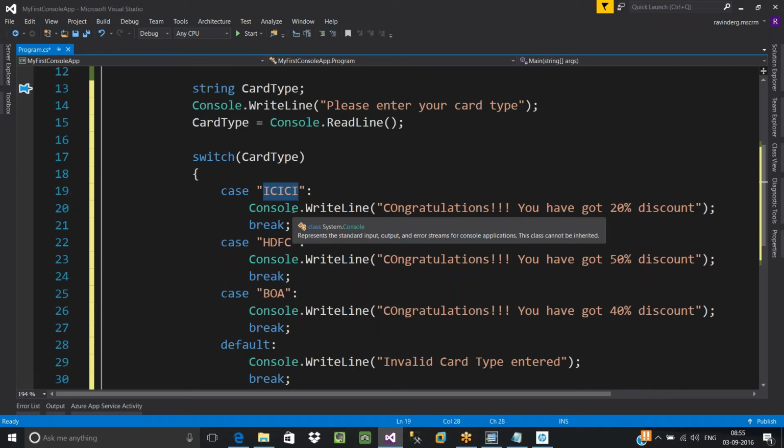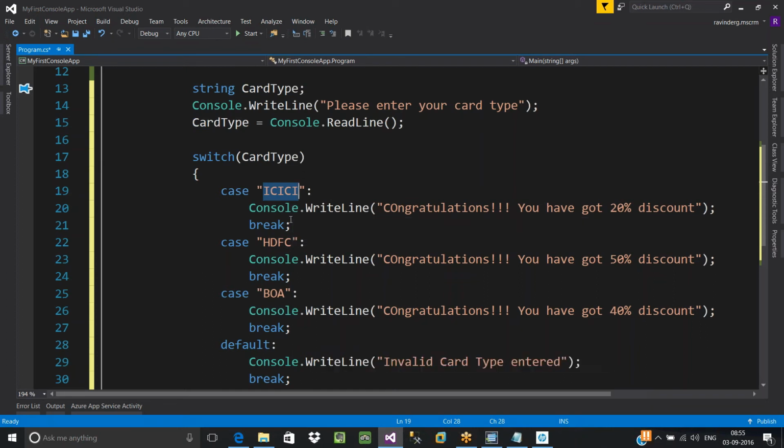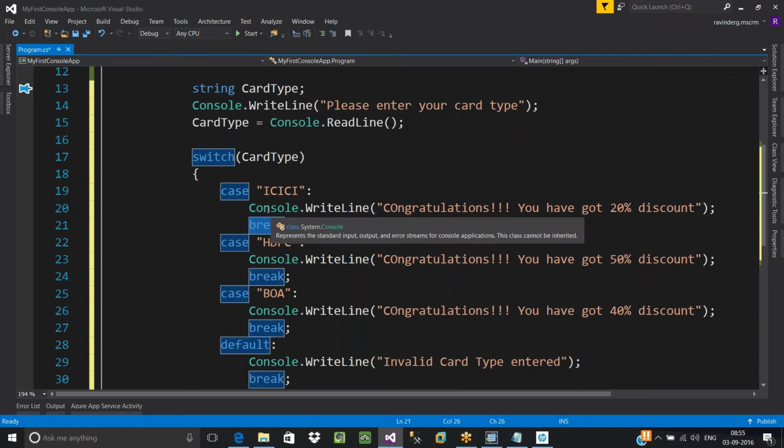Once the execution is finished, why should I go for all other cases and verify them? So the execution should be broken here itself. From here, you need to divert the execution to the next line. You don't have to validate all other cases. That is the reason we'll be using break. If this case gets matched, this execution will take place. Once it is finished, break the execution here itself. It means divert the control to outside of switch, to the next line after your switch statement.